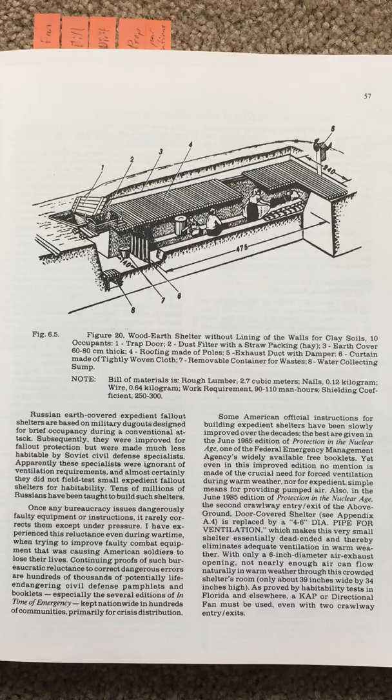I have experienced the reluctance, even during wartime when trying to improve faulty combat equipment that was causing American soldiers to lose their lives. There are continuing proofs of such bureaucratic reluctance to correct dangerous errors in hundreds of thousands of potentially life-endangering civil defense pamphlets and booklets, especially the several editions of In Time of Emergency, kept nationwide in hundreds of communities, primarily for crisis distribution. Some American official instructions for building expedient shelters have been slowly improved over the decades. The best are given in the June 1985 edition of Protection in the Nuclear Age, one of the FEMA widely available free booklets. Yet even in this improved edition, no mention is made of a crucial need for forced ventilation during warm weather, nor for expedient simple means for providing pumped